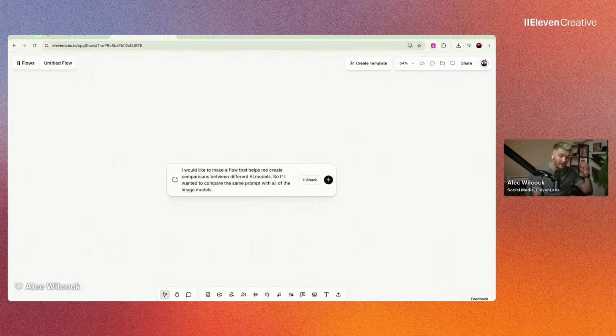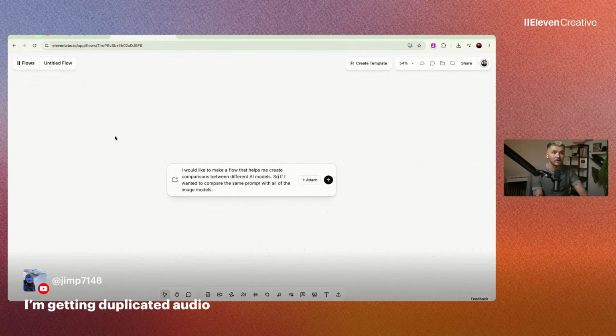So essentially, I had this idea for some social media content, is that when a new image model comes out, well, you want to see how prompts compare with all of the other models. And so imagine you wanted to use the same prompt for 10 different image models. Well, it would take you a lot of time to go through and prompt those manually. Even if I wanted to build this with flows, I would still have to go in and then create the prompt node and then create the